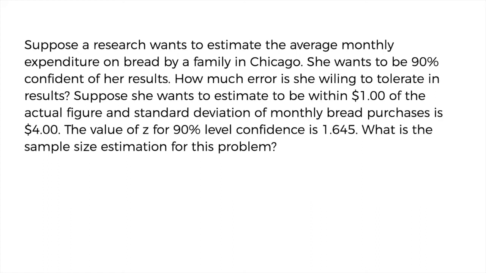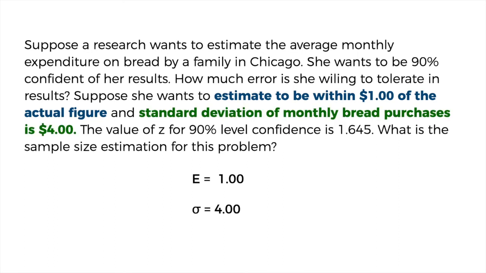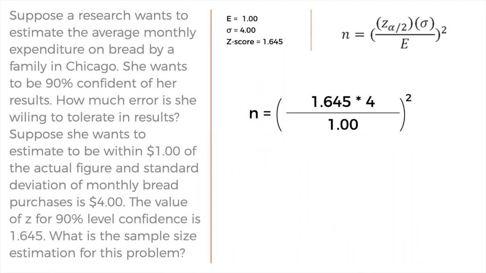We need to write down all of the given values that are needed to compute for the n. And so we have here the error of estimation, which is 1. It was mentioned earlier that she wants the estimate to be within $1. And for the standard deviation, we have $4. And as for the z-score, it's mentioned already in the example, it's 1.645. And so we only need these 3 values to compute for the sample size. And so we have 1.645 multiplied by 4 over 1, and all of these are squared. It gives you the answer of